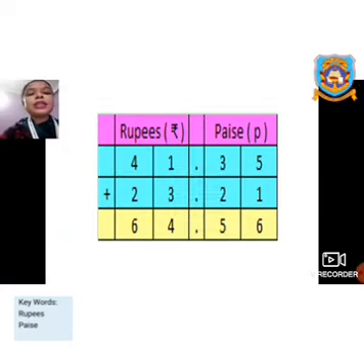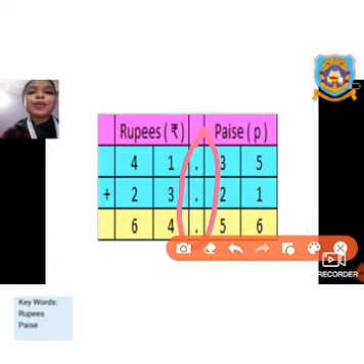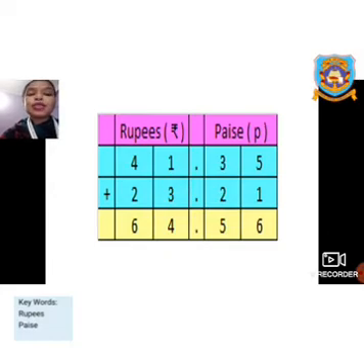So children, this is also known as the vertical or column method for addition or subtraction of money. Here I have taken only the addition. Similarly, you can proceed in the same way for subtraction also using this method. When you are adding or subtracting money, you have to make columns like that. At the very middle, you have to give the dot. This separates the rupees and paise. Alright, and when you are writing the answer also you have to give the dot.